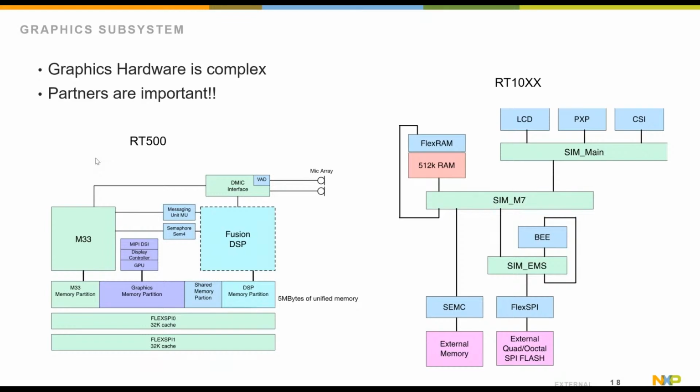Then in the RT10 series, we have the same kind of approach, where we have an LCD controller, and it has access to significant external memory resources. They could be external parallel memories, or external quad or octal SPI flashes. So again, it's not just about the graphics components that you have, it's also about having a significant amount of memory resources with really low latency and single cycle access for the GPUs and other graphic elements like the display controllers, so that they have seamless interfacing to those memories, so you can get high throughput to have really good and smooth graphics.